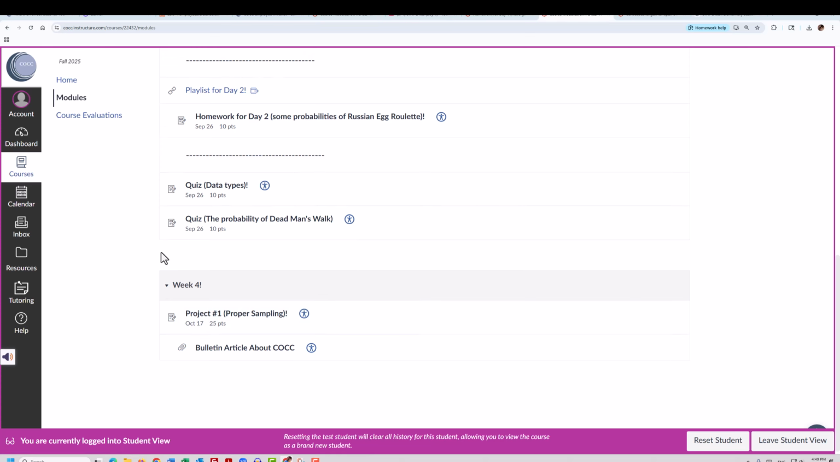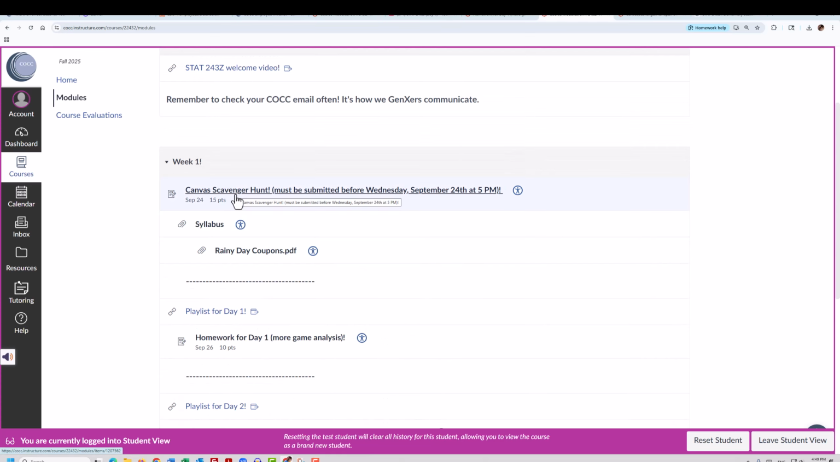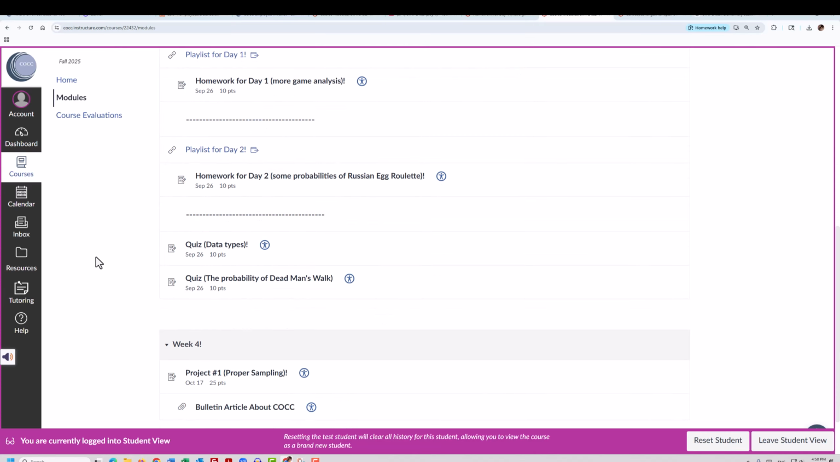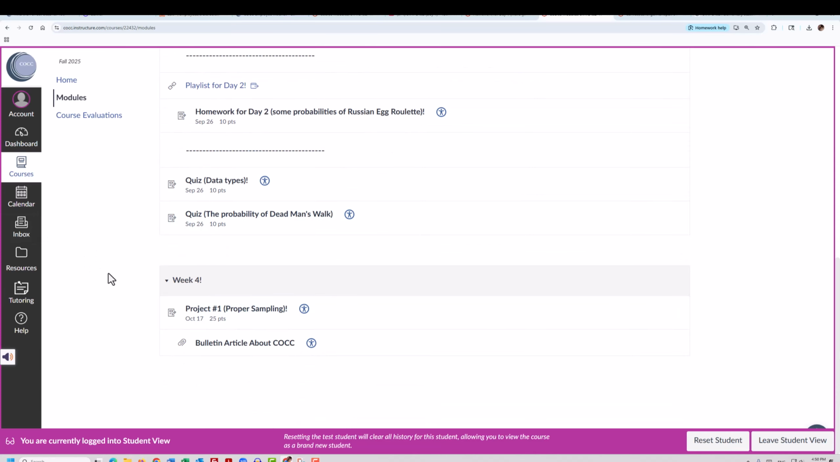As soon as the scavenger hunt is submitted or the due date has passed, that Wednesday, September 24th has passed, as soon as that's done, I will turn the rest of the course on. Week 2, 3, the rest of week 4, all the way down through to week 12. So everything will be there. I know some students, I don't want to say a lot of students, but some students like to work ahead, especially if they have stuff to do in their lives outside of